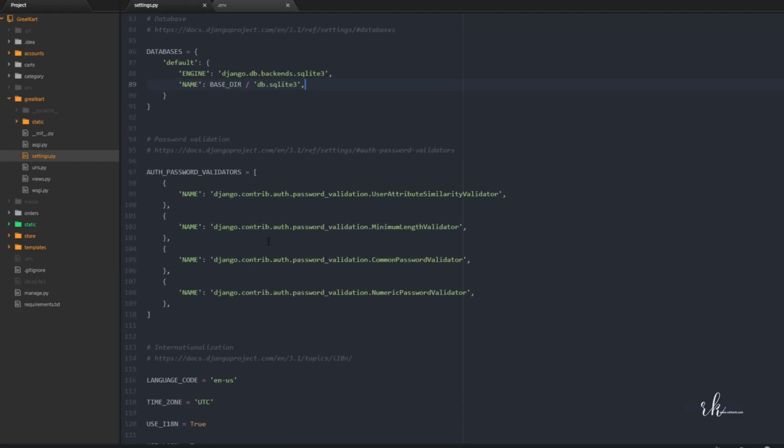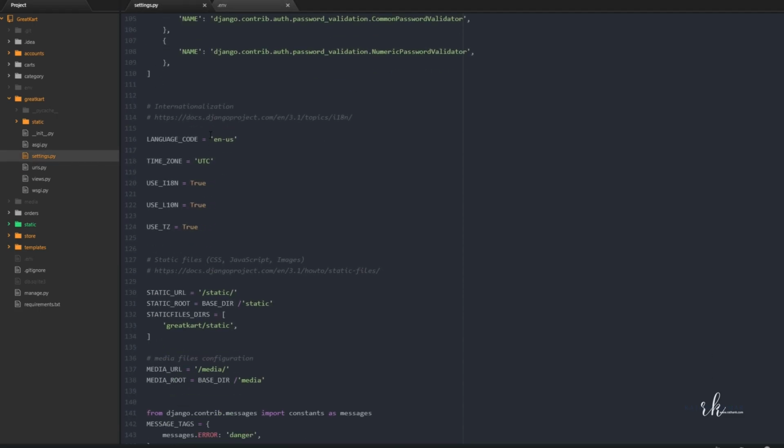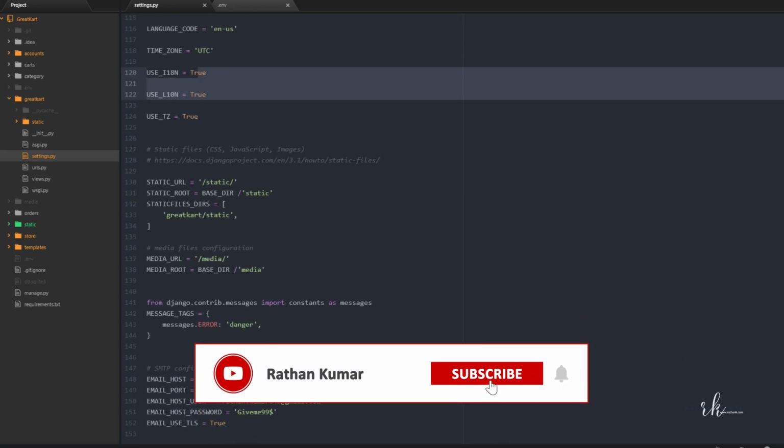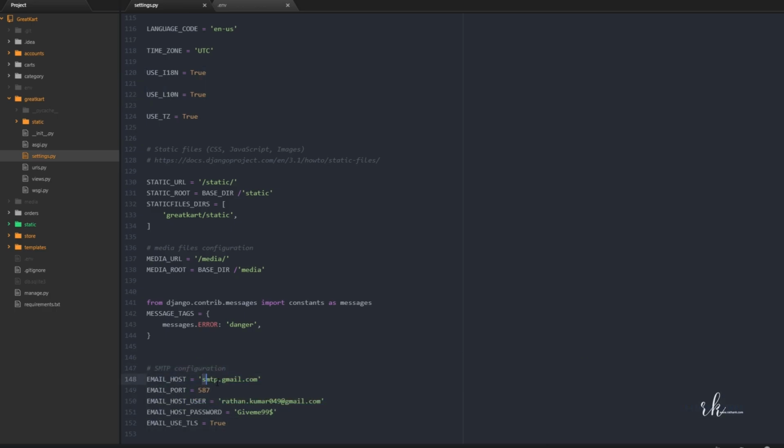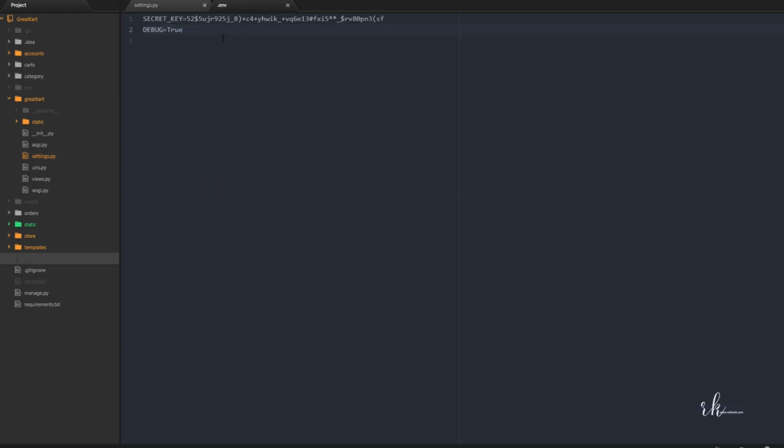All right, so next you can also store these things inside the env, and what I want to do is you can see the email configuration, right? This SMTP configuration I want to store inside the env, because you can see this is the password of my Google Gmail test account. But of course I'm going to change the password. Now what I'll do, I will just copy this and paste it here. Okay,